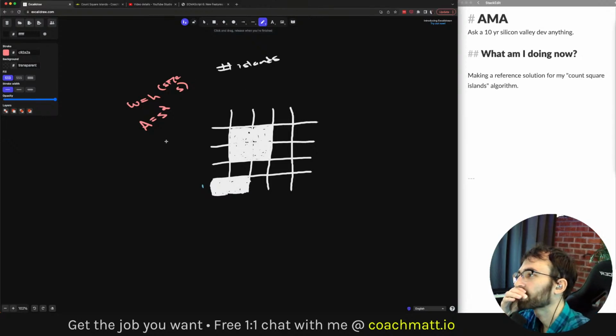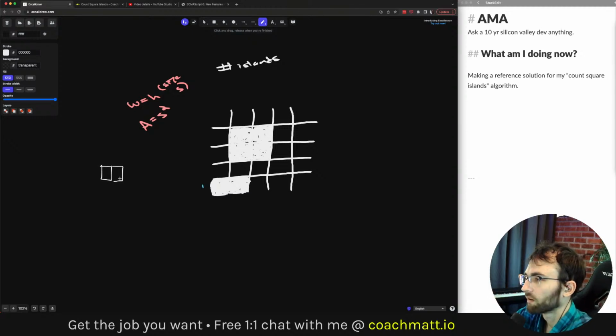But actually, as we're thinking about this problem, I am now remembering another corner case that is interesting. So if we have our islands, let's go back over here.